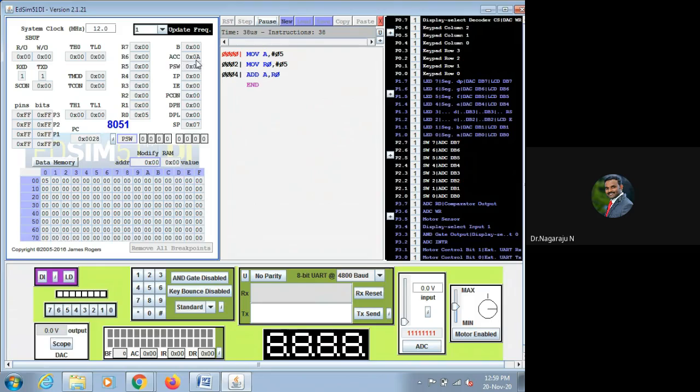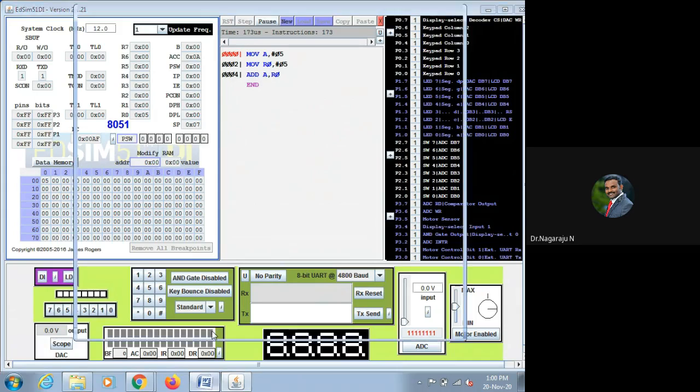See here your accumulator. Because the input is 05 and 05, 05 plus 05 is 10. The equivalent of 10 in hexadecimal is 0A. So the accumulator contains 0A, right? And also there is no carry over here. The program status word indicates carry, so here no carry is there. The only output value is in the accumulator. So this is the basic addition program.